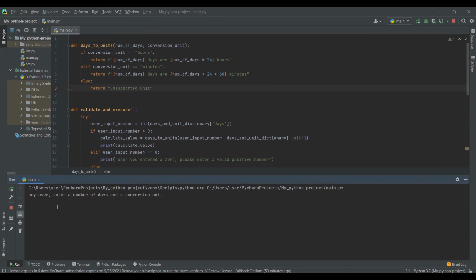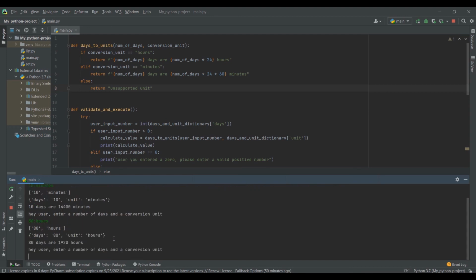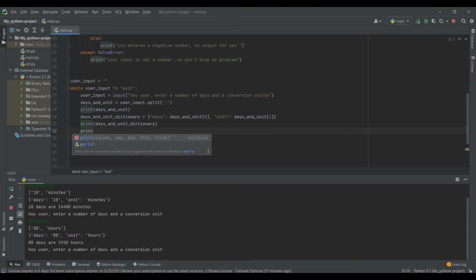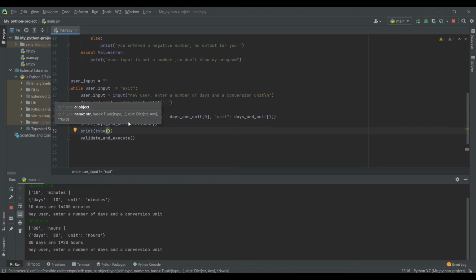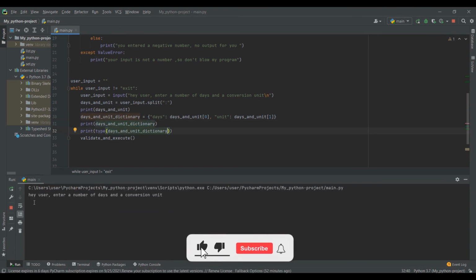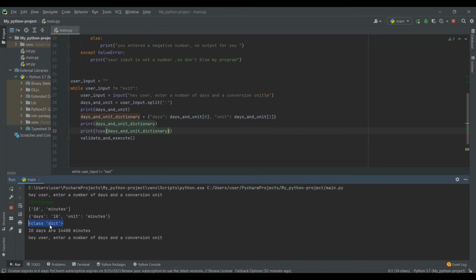Now if we execute our program and enter a value, there you go. We have our output. And the same way, if we do 80 days to hours, we have our calculation in hours. So that's how dictionaries work. We can do one final thing here, and as usual, print out the type of our dictionary. There you go. You see a class of type dictionary here, which is another data type,